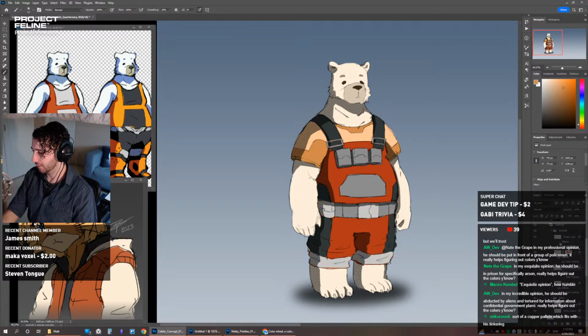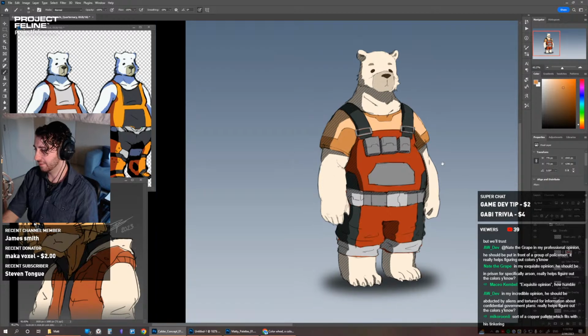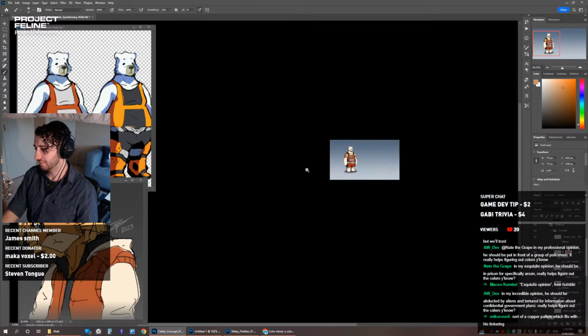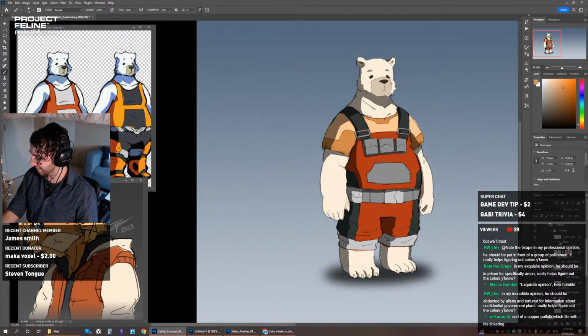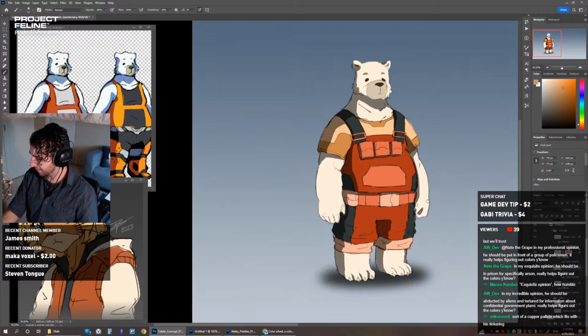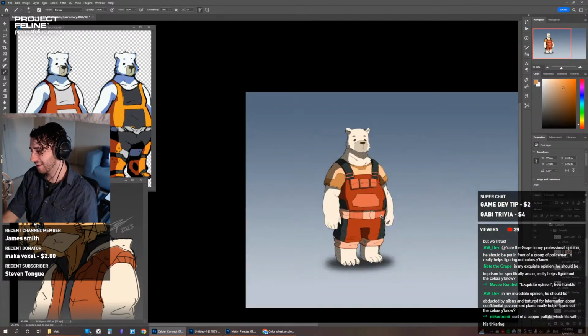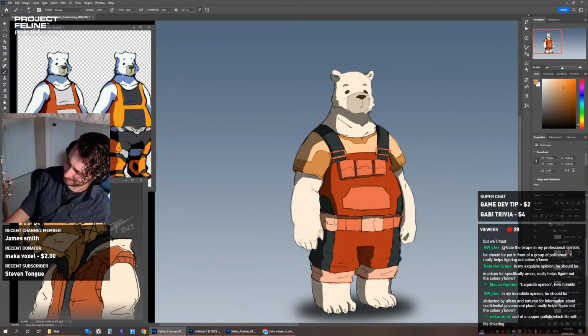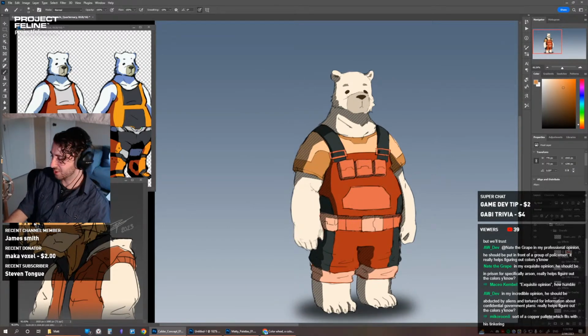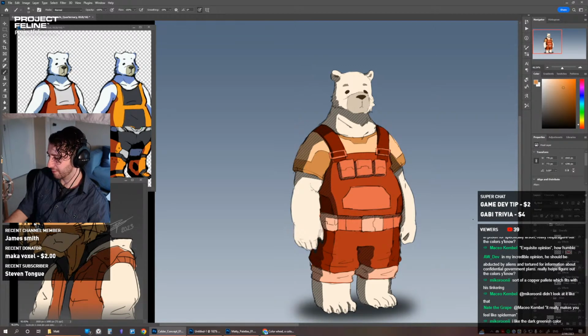How does it look when I just make that gray? Nah, I don't like it. Maybe it's just the straps. Maybe I like having them red. If I made those a little darker, I don't know.